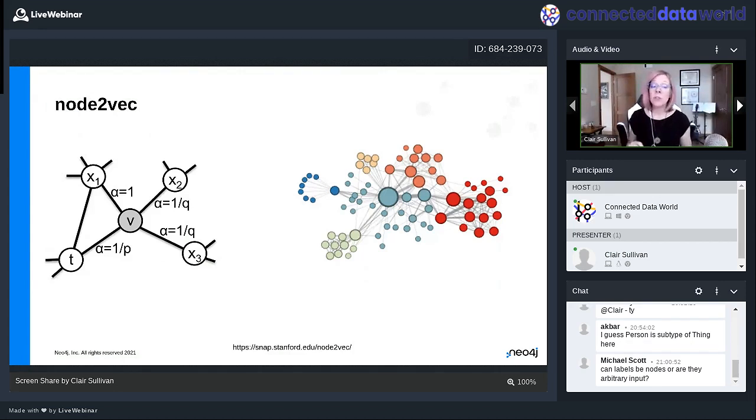Now, for those of you students who are attending today, here is a great interview question. Frequently, students in any branch of software engineering will get asked, write me a breadth first search algorithm or a depth first search algorithm. Well, you can do that with graphs. So for instance, for breadth first search, you would want a low value of P, and for depth first search, you want a low value of Q. So this is how you can create a search algorithm to amaze and stun your interviewers using graphs.